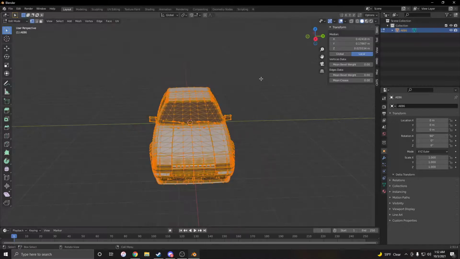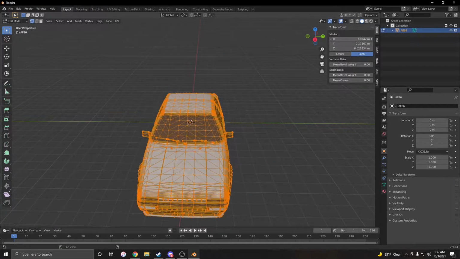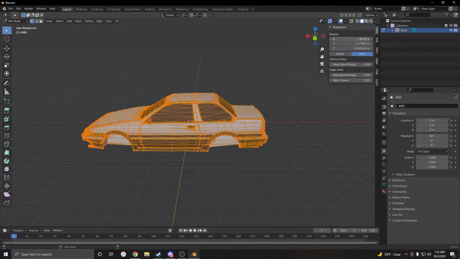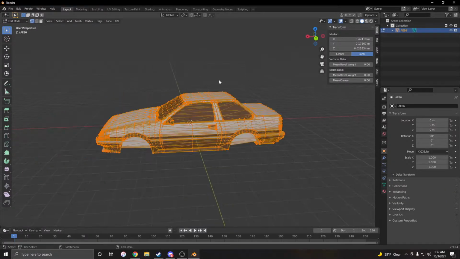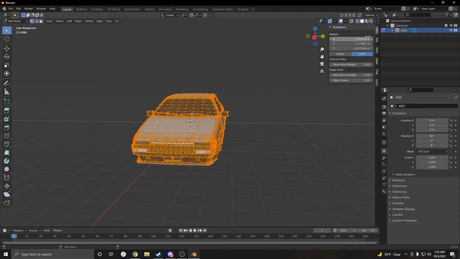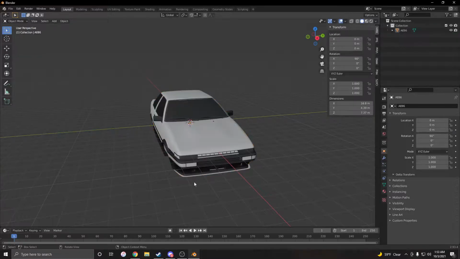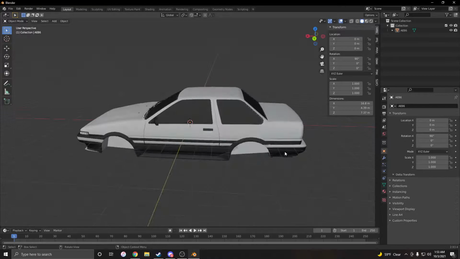So let's say it's off a bit here. You just want to align it to where it's about perfect. So some models will be at 0, some will be like mine is. You don't really have to worry about it too much. You can always adjust that in P2M, and I will show you how to do that. But now, we can't just import this all as one solid model. That will never work,